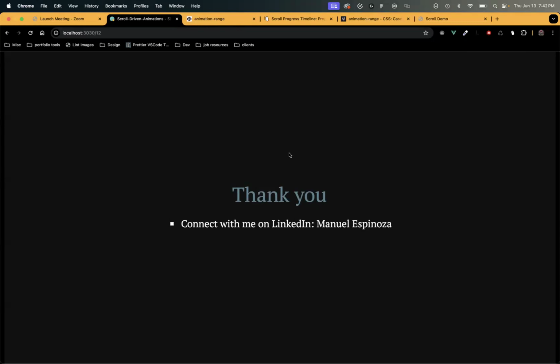You could probably use, if you're not wanting it to go away, that might be a place to use the intersection observer. A lot of these are just different tools, and it depends on how you want to use them and what experience you want to build. You could probably define your keyframes to do certain things, or maybe your animation only runs once. I think you can set that up in the animation property. That's a good use case. I'm not sure how to